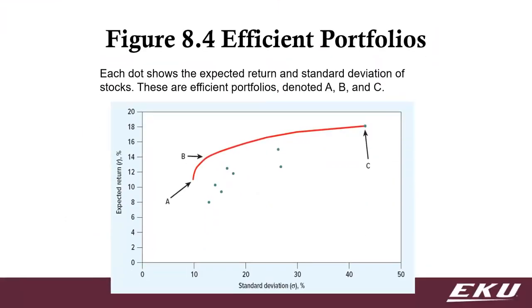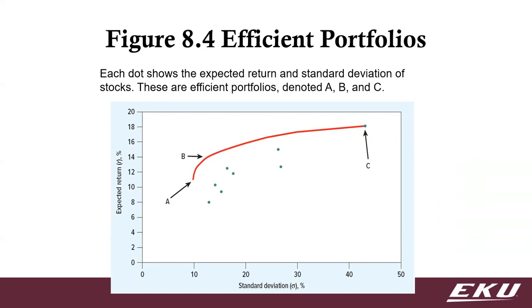And this is what we're trying to come up with, is what is the highest possible return we can get for a particular standard deviation, right? And this is what we're talking about with that efficient portfolio. It would be something along that red line, right? This is known as the efficient frontier, right? Because it's the very border, it's the very edge of where you can get to and invest, right? Those are